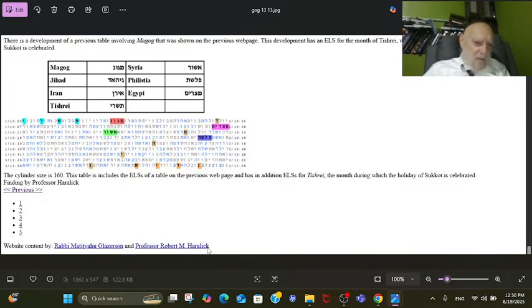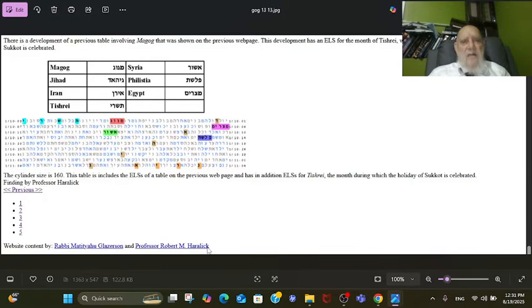So you are going to see now certain tables, but if you want to know more about these tables, I suggest you see the origin on Professor Haralick's site, torahcode.org. Very important one. A lot of tables to do with many things which happen in Israel. Also tables and work of scientific explanation of the codes and so on. Very, very important one. So this is basically the last one.